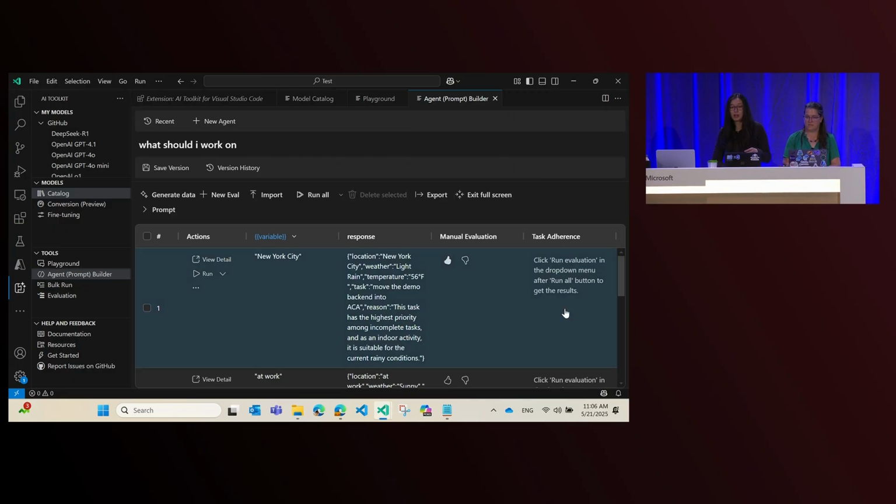Then I have this new column here added to my data set. Now all I have to do here is to switch to this Run with Evaluation button and click that. It will just go off and evaluate every single row and fill that column with a number between 1 to 5, 5 being the best. So you can, at a glance, look at how well your agent is performing. And imagine, coming back when a new model comes out, you want to try how the model is behaving.